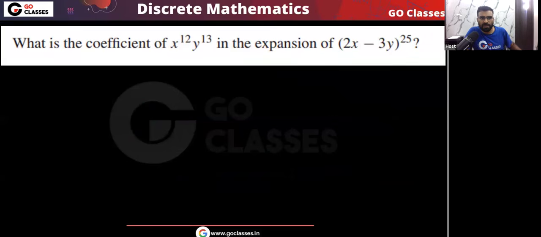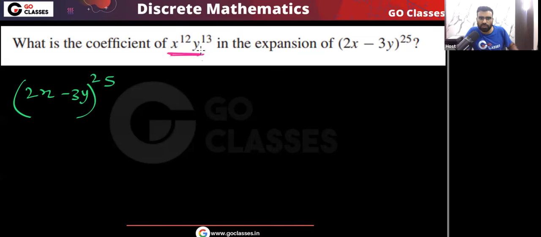Let's solve this question. What is the coefficient of x power 12 y power 13 in the expansion of 2x minus 3y power 25? You have 2x minus 3y power 25. First of all, the question is asking for the coefficient of this term. First of all, you check the total number of x and y in this term.